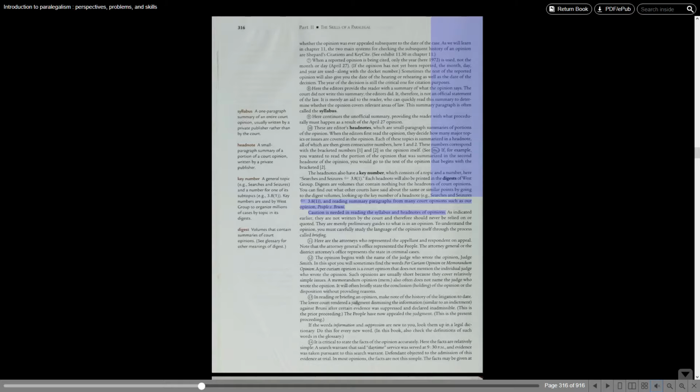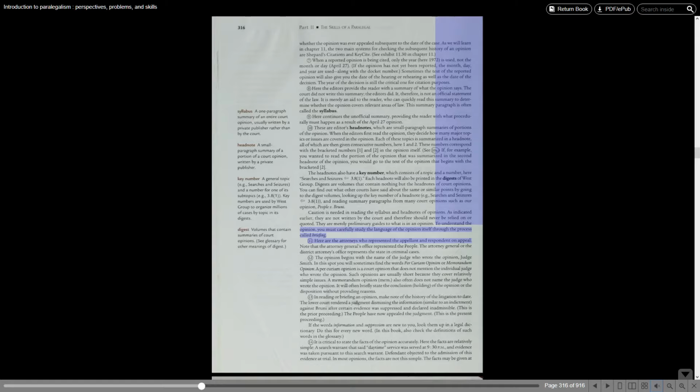Brum. Caution is needed in reading the syllabus and headnotes of opinions. As indicated earlier, they are not written by the court, and therefore should never be relied on or quoted. They are merely preliminary guides to what is in an opinion. To understand the opinion, you must carefully study the language of the opinion itself, through the process called briefing, and